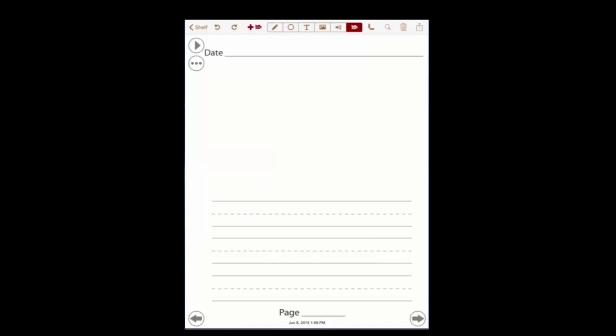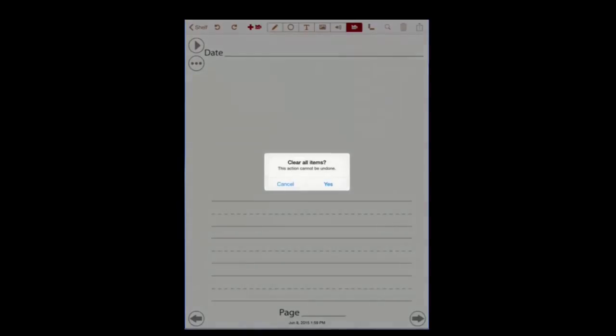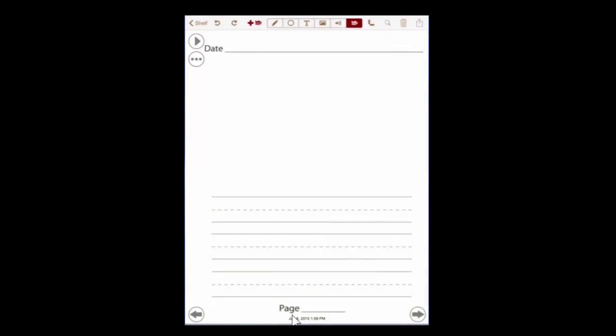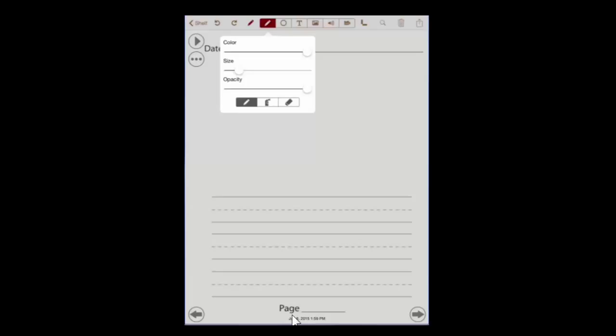There is find, also trash, and a help button. To use any tool, choose the tool, then choose the Add button to begin using the tool. For example, if your students want to draw or write, they would choose the Pen tool, then choose the Add Pen tool button. When the Add Pen is tapped, your students have the opportunity to change the color, size, and